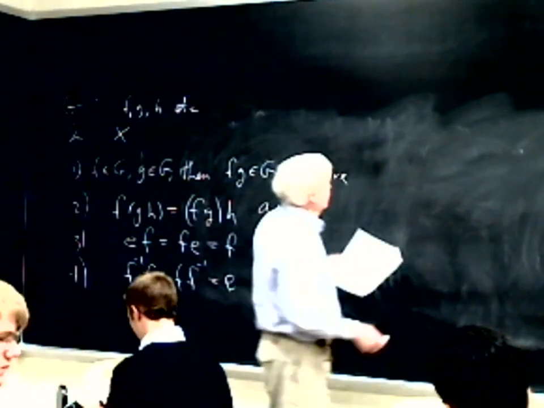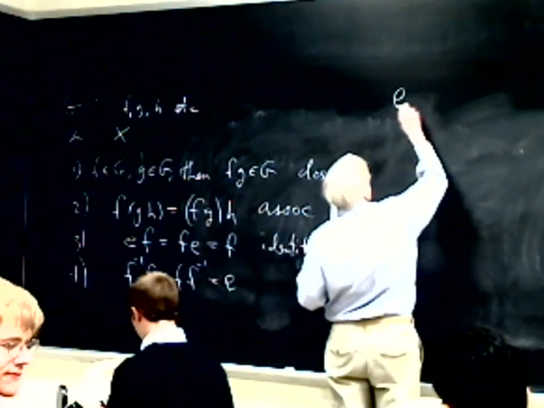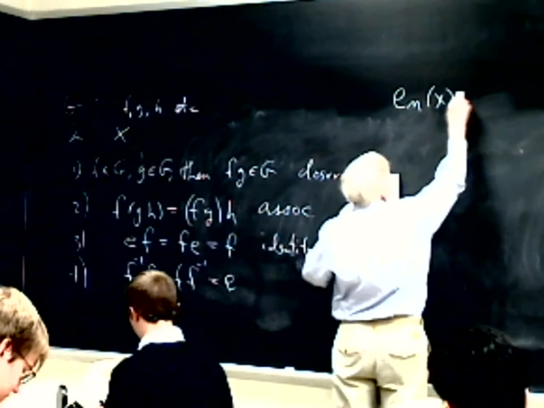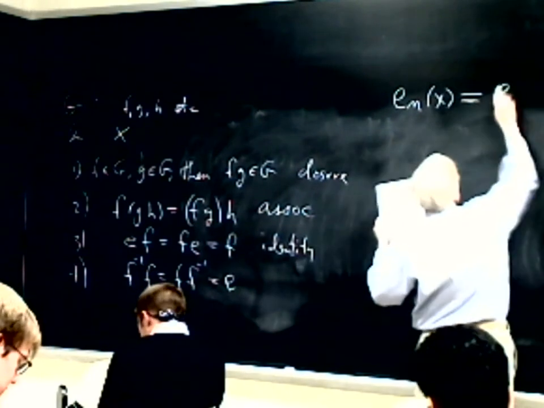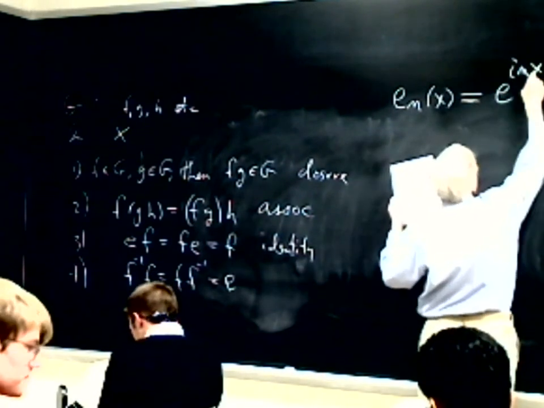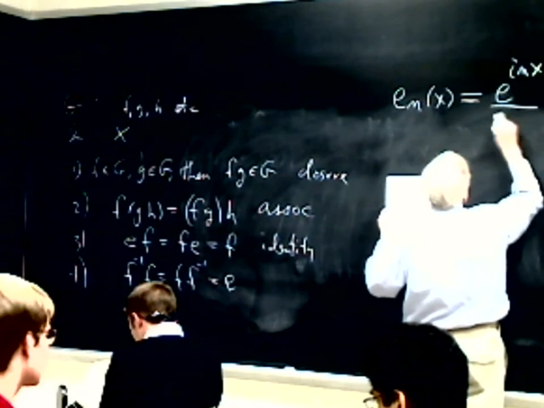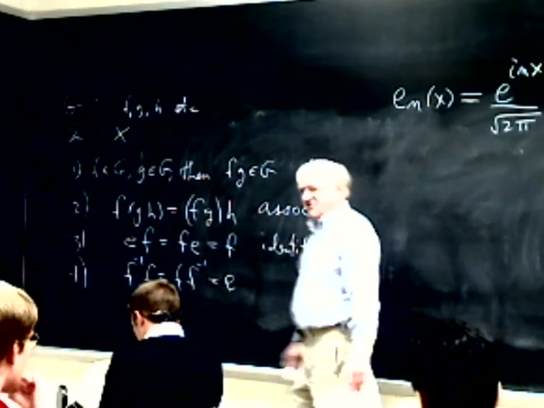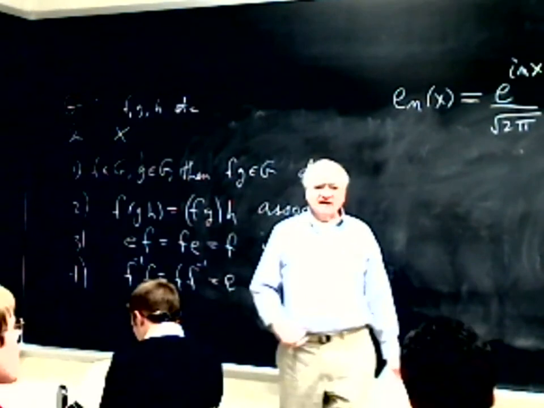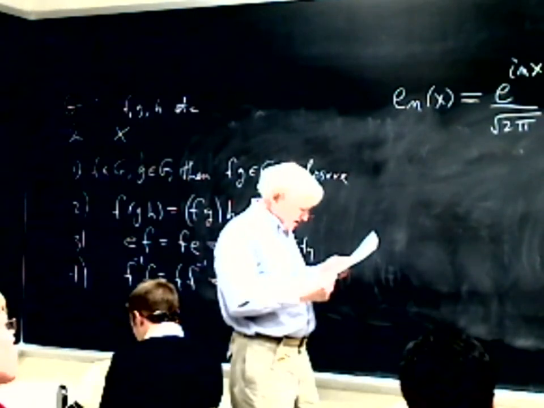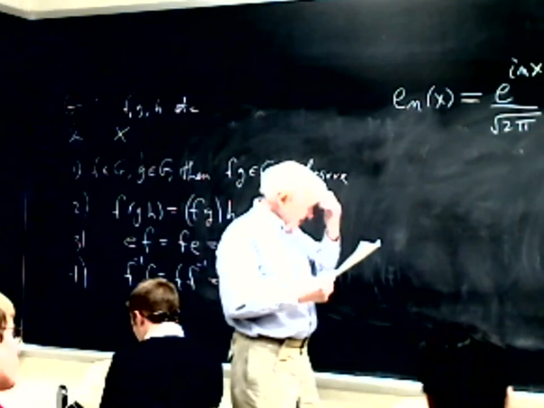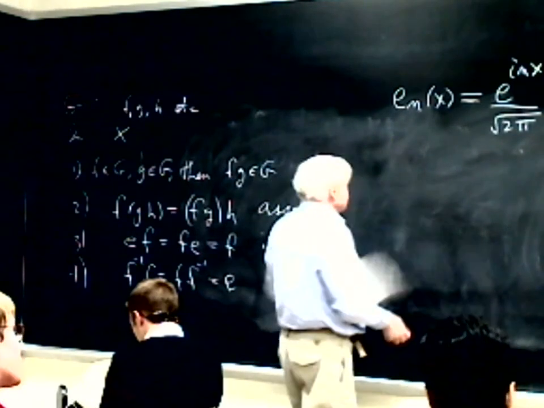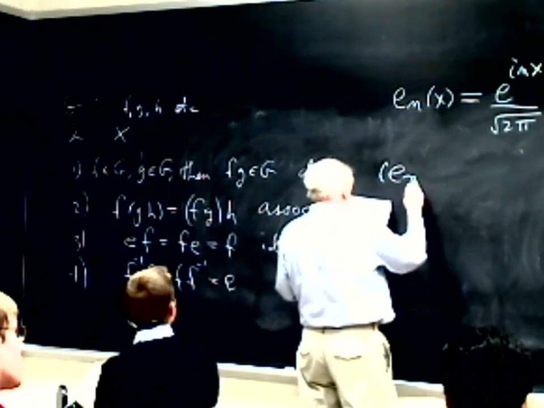And in particular, one interesting and useful basis set of functions is just the complex exponentials, e to the i n x over the square root of 2 pi. These are functions that are orthonormal on the interval, say, 0 to 2 pi for definiteness. So e_n,